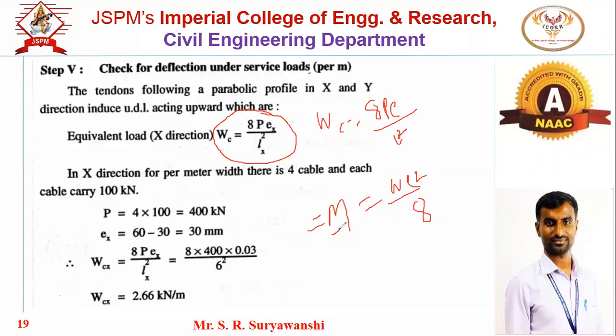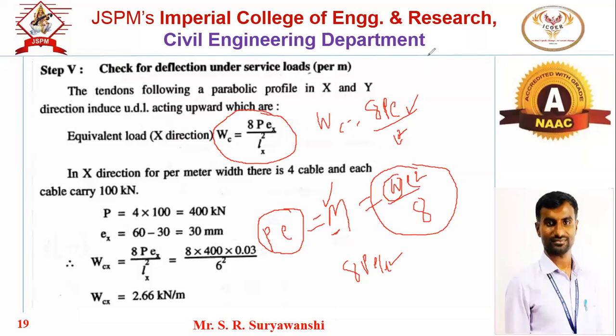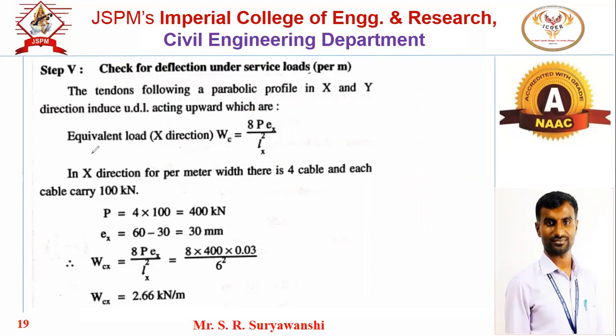And what is this moment? This is the prestressing force into the eccentricity. Now if you equate this P into E with WL square by 8, we get the equivalent load W as 8PE divided by L square. So this is the equivalent load in the X direction. Suppose in the X direction we consider a per meter width, and there are 4 cables and each cable carries 100 kilonewton force. Then P will be 4 into 100, 400. Then you have to calculate the eccentricity, and from this, we have to calculate